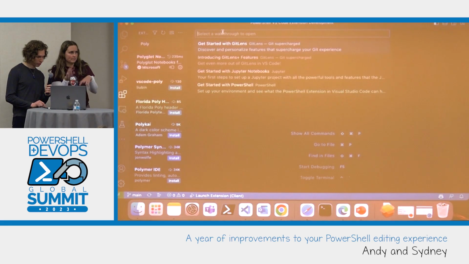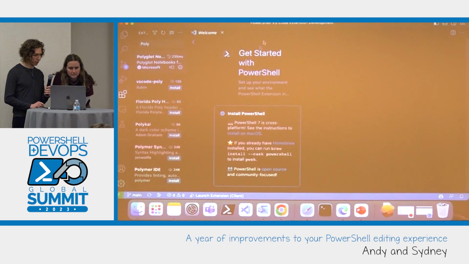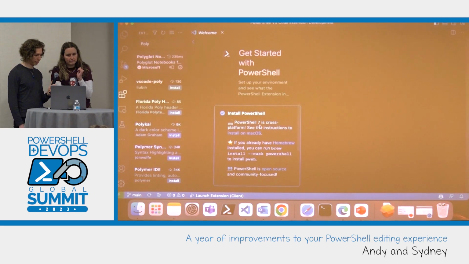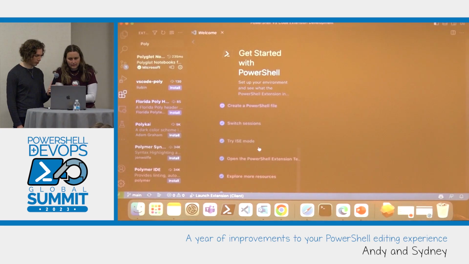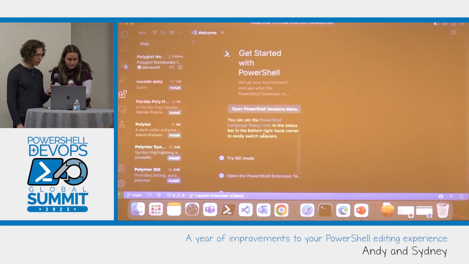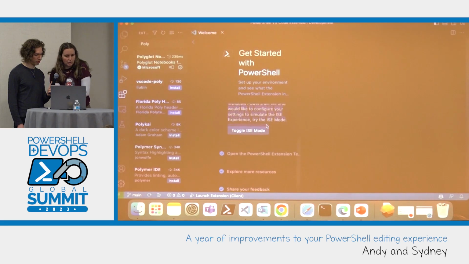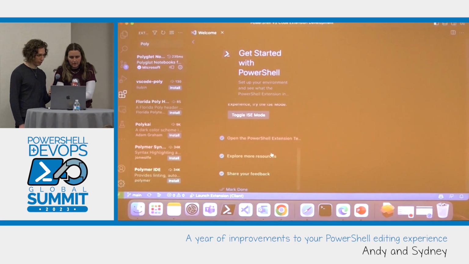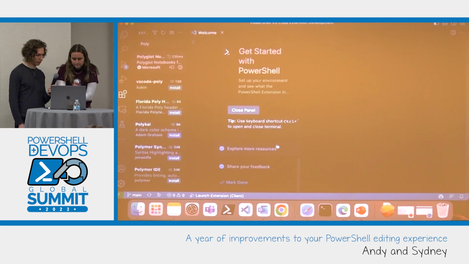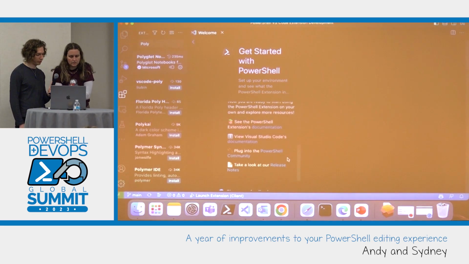Walkthrough. I just opened the command palette and typed walkthrough, if you couldn't see that. There's a Get Started with PowerShell walkthrough that gives you steps. First, if you don't already have PowerShell 7 installed, it tells you how to do that. It shows you how to create a PowerShell file, how to switch between PowerShell 7 and PowerShell 5.1, how to toggle between ISC mode and not ISC mode, and open the extension terminal. Then it gives you more resources for documentation and how to get started